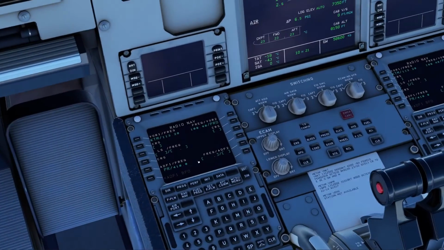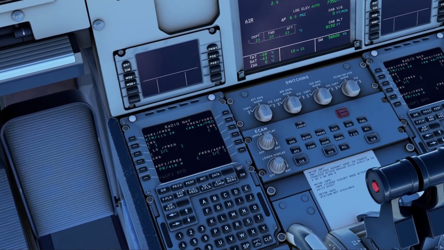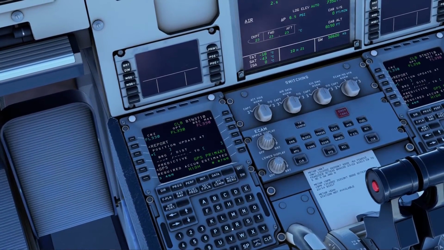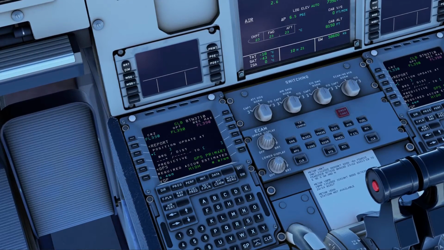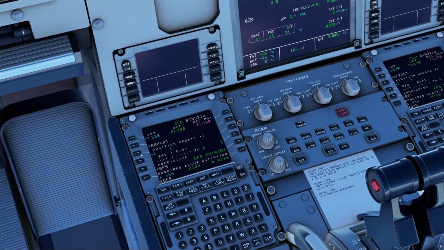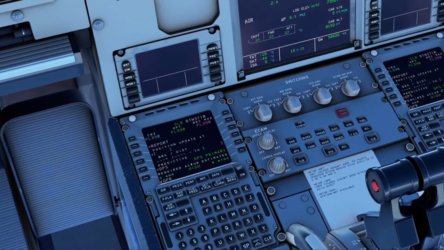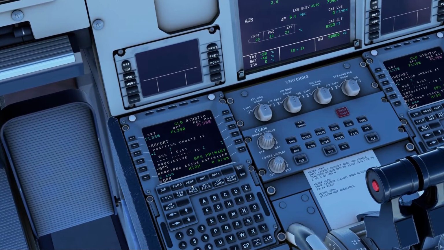0.30. So let's just go to the progress page and type in EPR and put that in there. Position report update, come on. No?